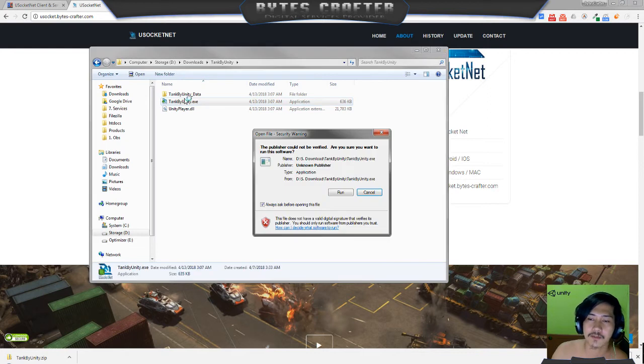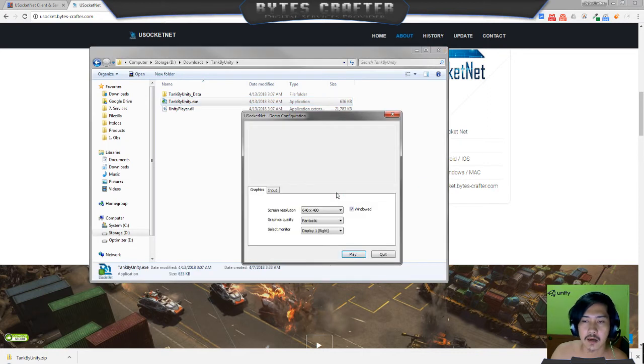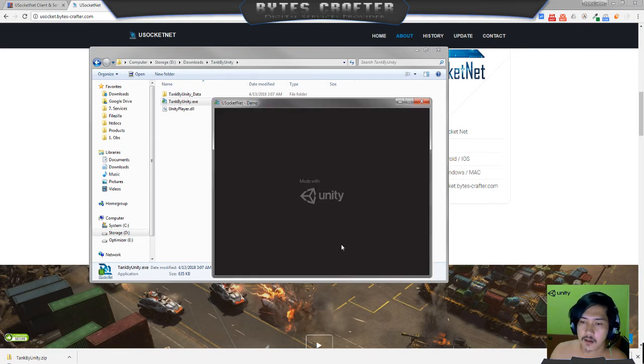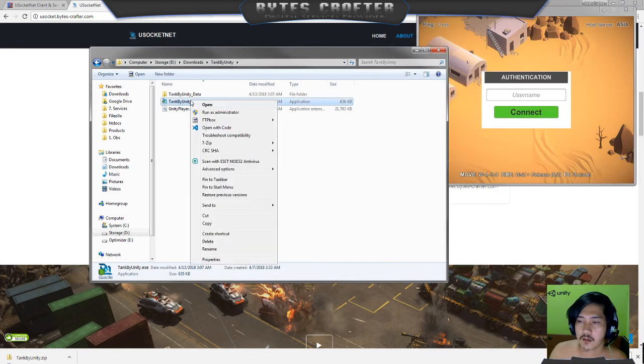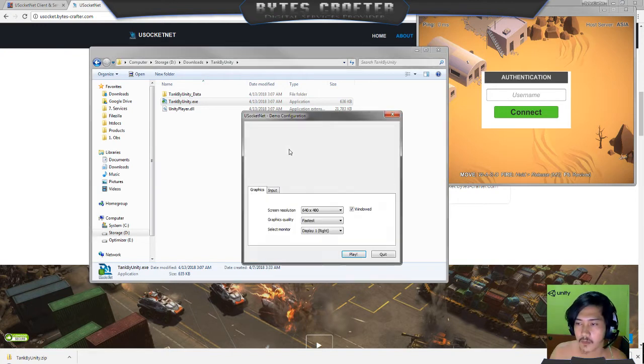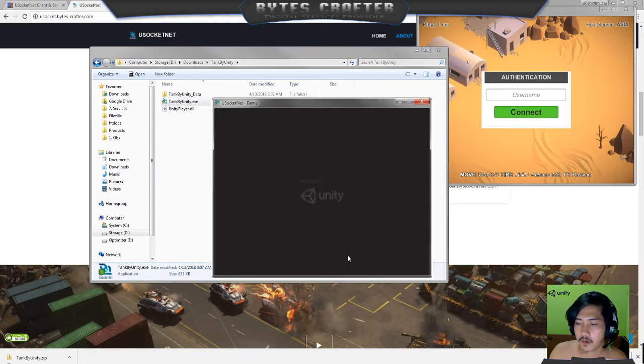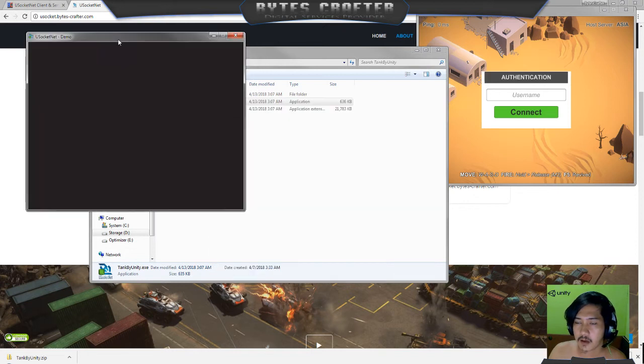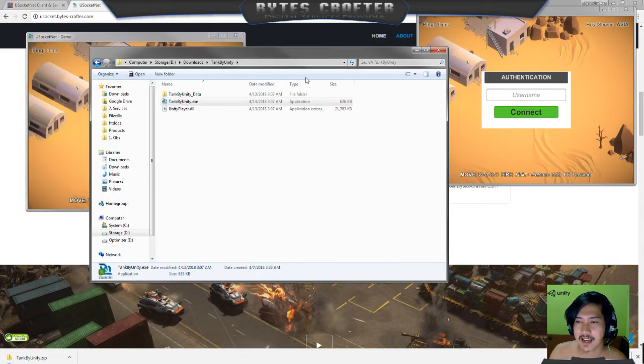Just play this one. By the way, this is enable multi-instance, so you can have multiple instances in this demo build. This is the best example, and you can also add a reference to the parent of the USACnet view. Later on we will talk about what is USACnet view.